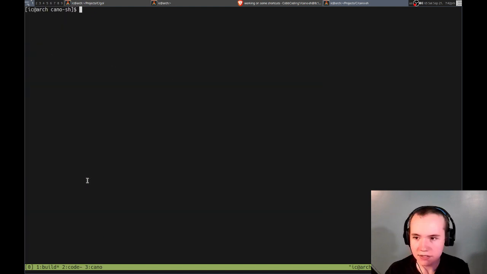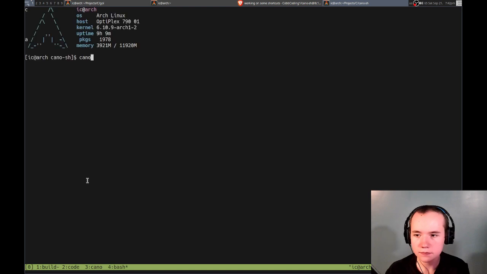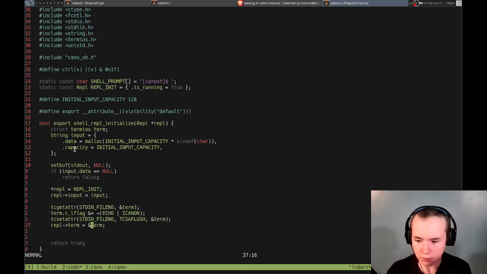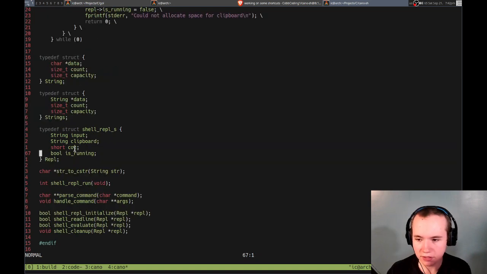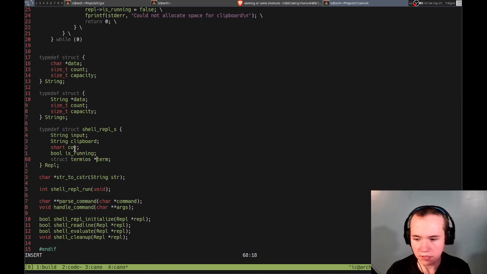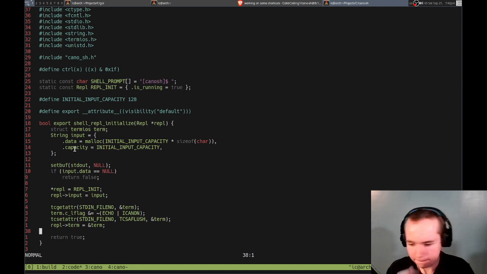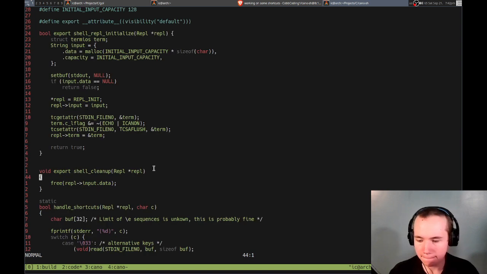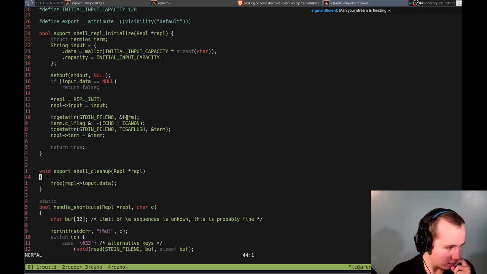Oh, my screen is orange now, sorry. What is it? It is a Termios. And then can we just do that? Create a new one and do that? Or do we have to save the old one? I don't know. Probably not, actually. Probably can't. So we need to save the